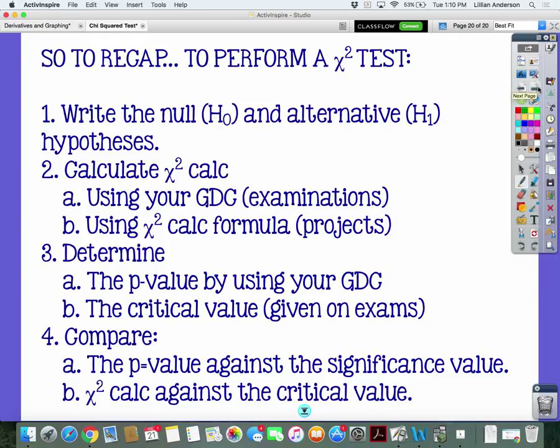Right? So to recap, to perform the chi-square test, you write the null and alternative hypothesis. You calculate the chi-square calc statistic. Remember, use your graphing calculator for exams and homeworks, and you use the formula for projects. Remember, there's a separate video to show you how to do it by hand. You determine the p-value by using your graphing calculator, or you can use your critical value, which will be given to you sometimes. And then you compare the p-value against the significance value, or you can compare the chi-squared calc statistic against the critical value. All this comes from practice, so you gotta make sure that you